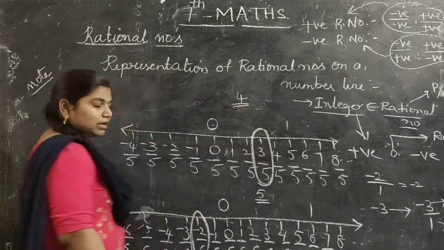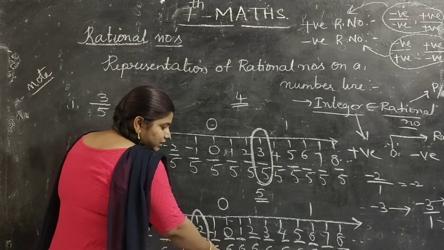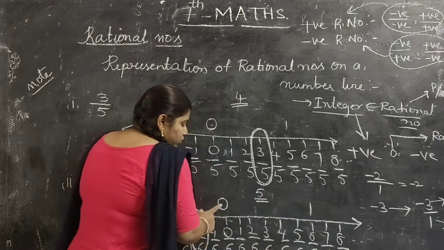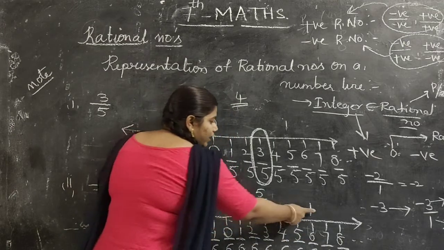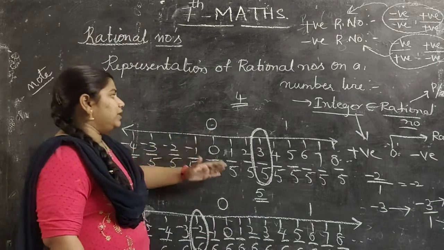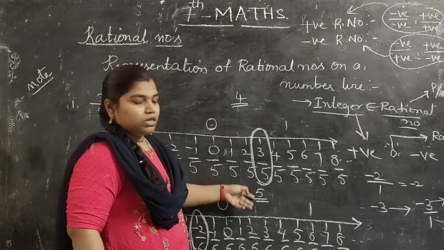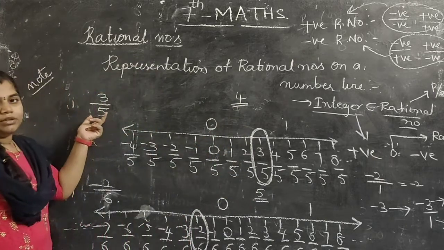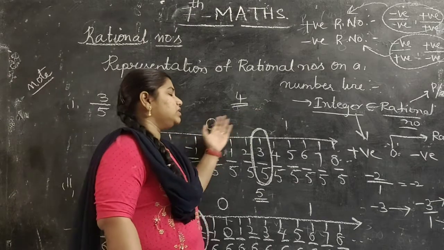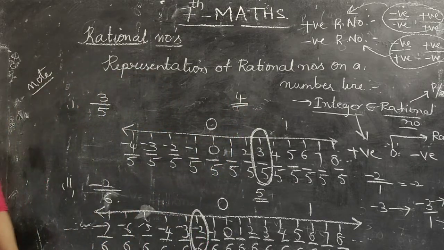4 rational numbers are there. In the same way, here the next case: 0 by 6 is nothing but 0, 6 by 6 is nothing but 1. So in this case, between 0 and 1, how many rational numbers are there? 5 rational numbers are there. If you take different values, these in-between numbers will be changing. So it depends upon this denominator value. So we can say that between any two numbers, you will be having an infinite number of rational numbers.